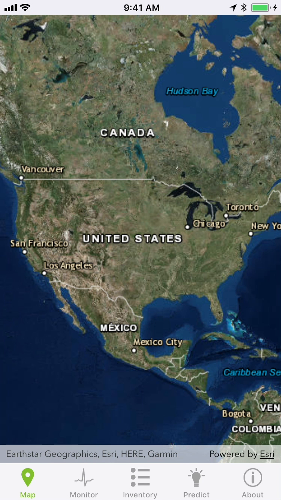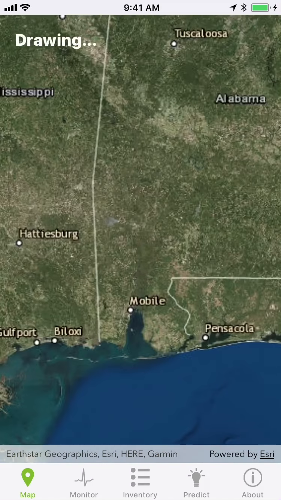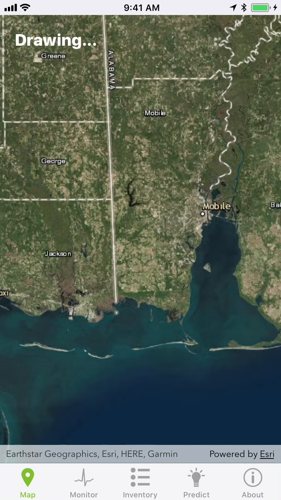In this demo, we're going to show how to use Verde to monitor for approaching threats. We'll use hurricanes and flood monitoring as examples, but earthquakes and wildfires can similarly be evaluated by the app. First, we're going to zoom to Mobile, Alabama to demonstrate that our demo hurricane will landfall in this area of